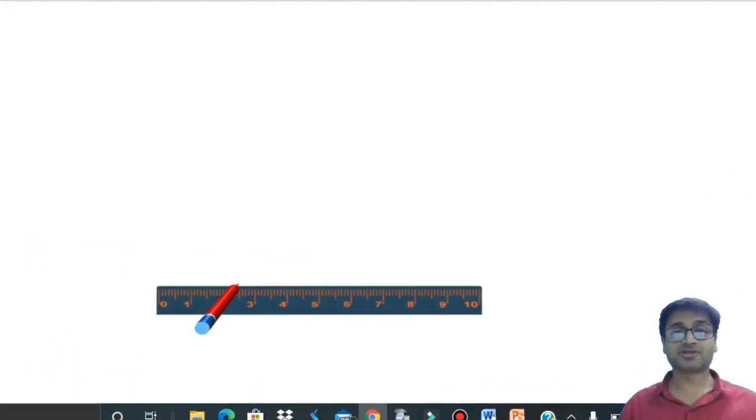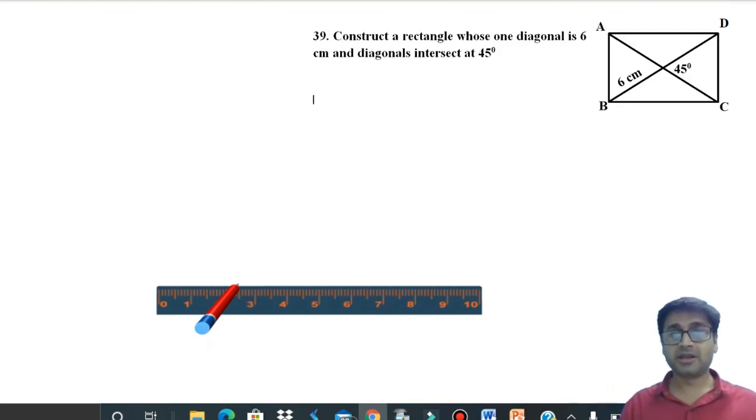Finally, the last question, sum number 39. Simple, most of you will get it, and we've done it extensively this time. The 2 diagonals being given and you're constructing a rectangle. So rectangle diagonals bisect each other, but not at right angle. In fact, they have given you the angle at 45 degrees. So first draw your first diagonal. I don't think I need to teach you this. So come on, hit it. The diagonal, that is your base.